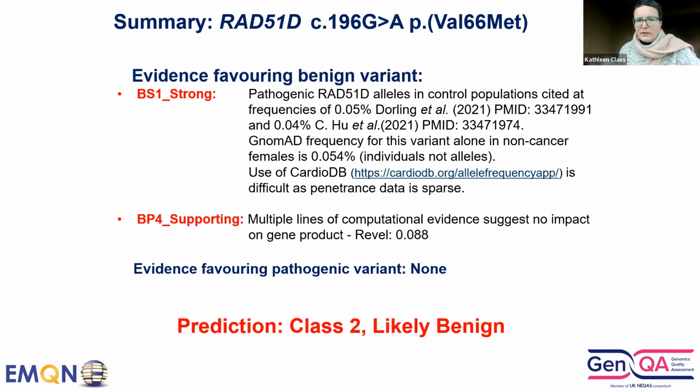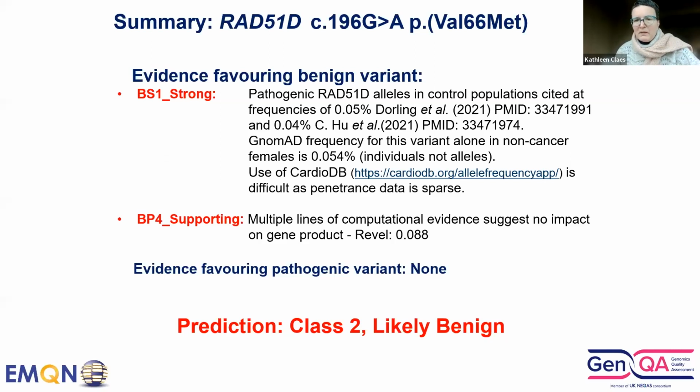While if we look at the gnomAD frequency for this variant alone in the non-cancer females, it's higher, 0.054%. So if you calculate in gnomAD, alleles are mentioned. So in individuals, you have to adapt that. I know that in Run 6, the CardioDB